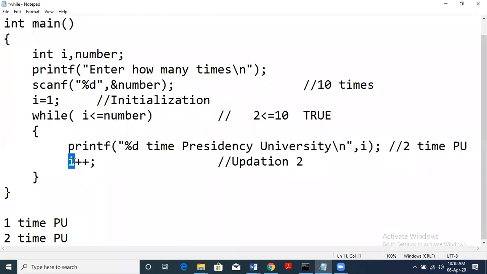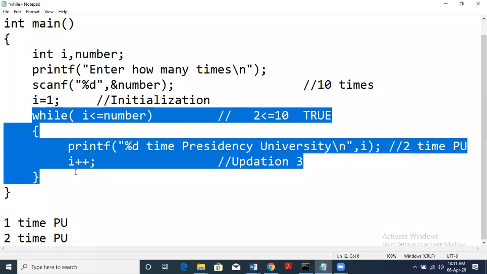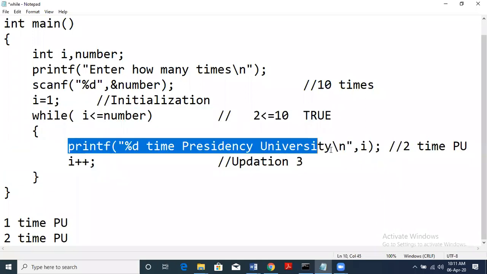Now again we have i++, the update. 2 plus 1 becomes 3, right? So now the i value is 3. So this is 2 times in the execution of the loop. Multiple execution happens. So multiple times we are printing the same statement.